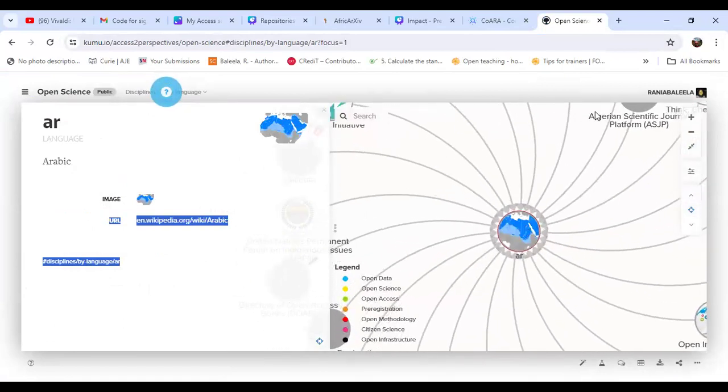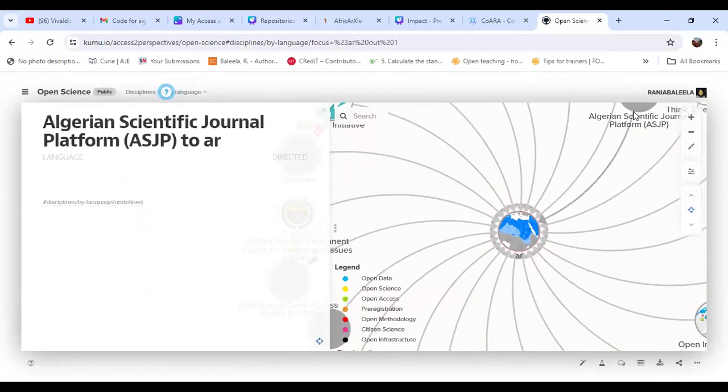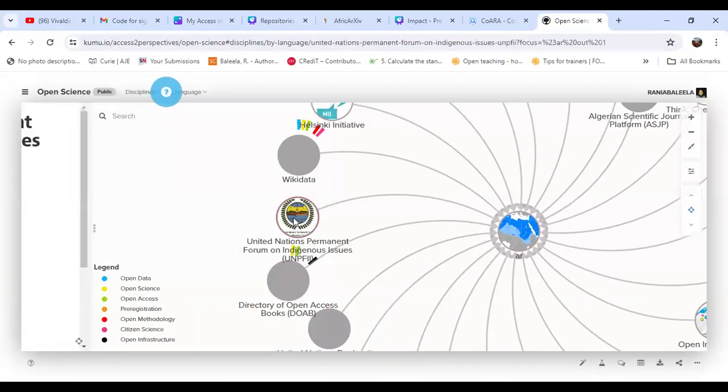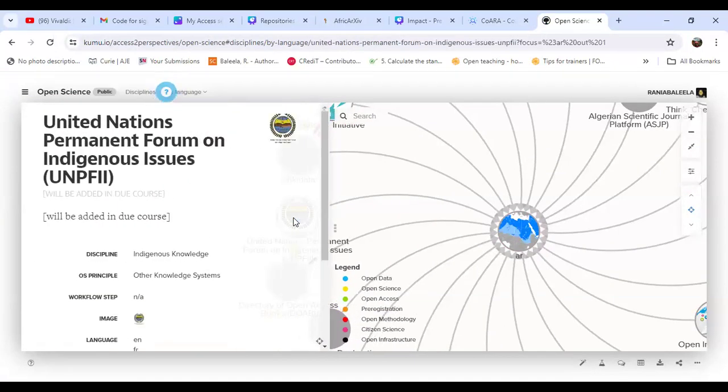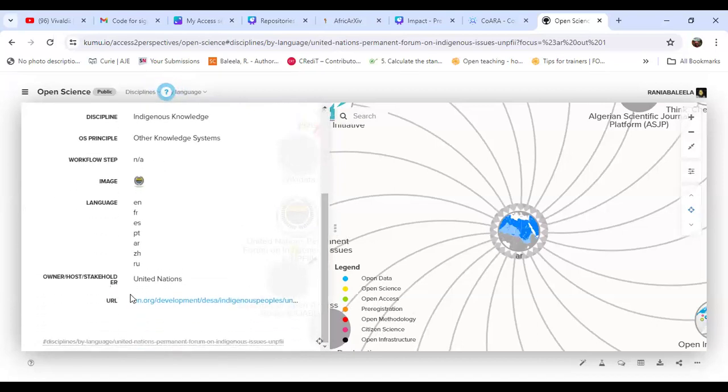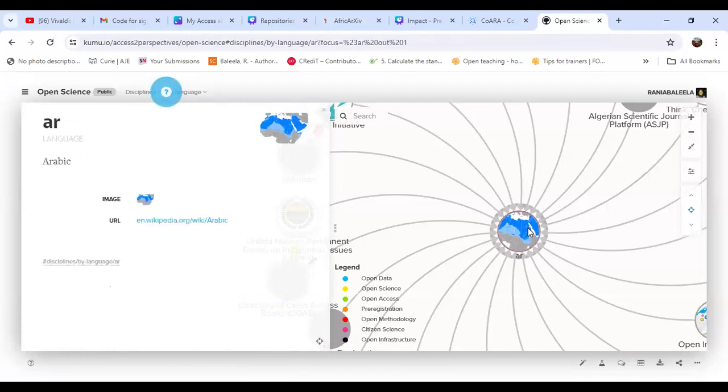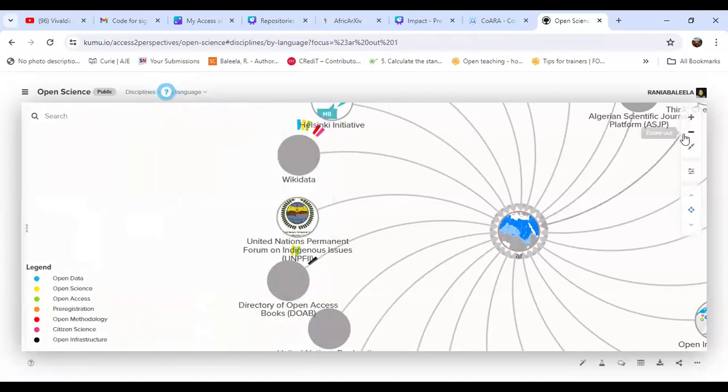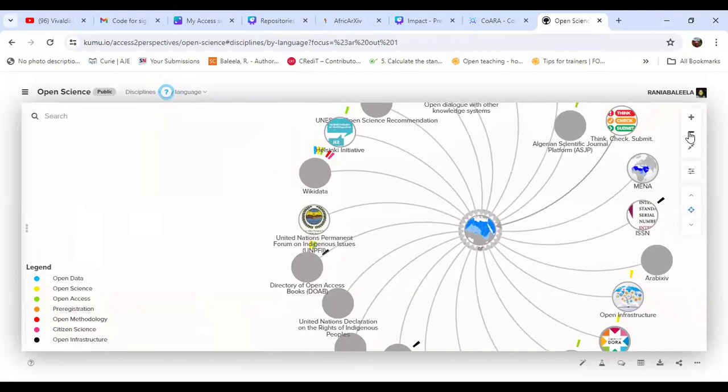beautiful map, and you can see every single country, African scientific journal platforms. If you wish to have a look about open science, you can click on the United Nations Permanent Forum on Indigenous Issues, and that will take you to information about how to access this and the URL here. You can click on a country, for example. These countries speak Arabic. You can do whatever you wish to do. This is a great visualization of